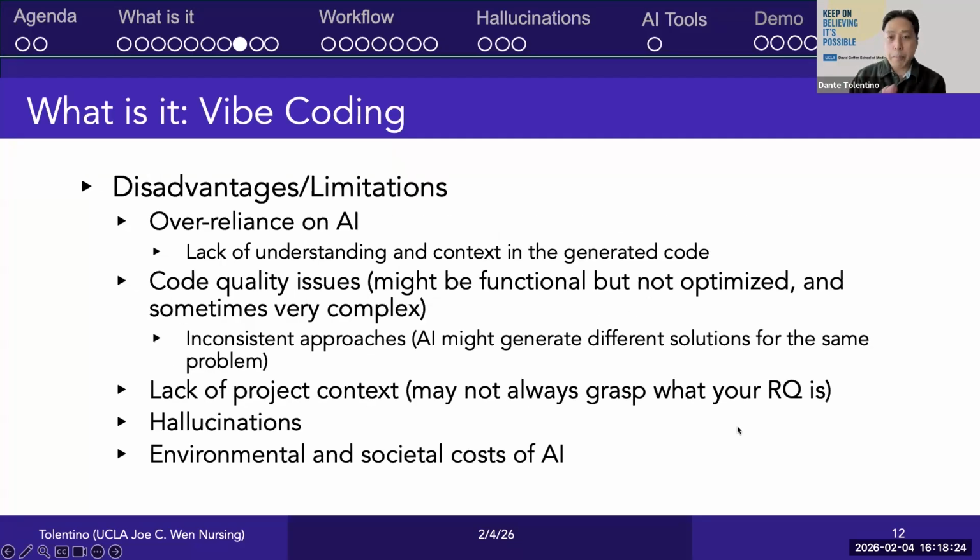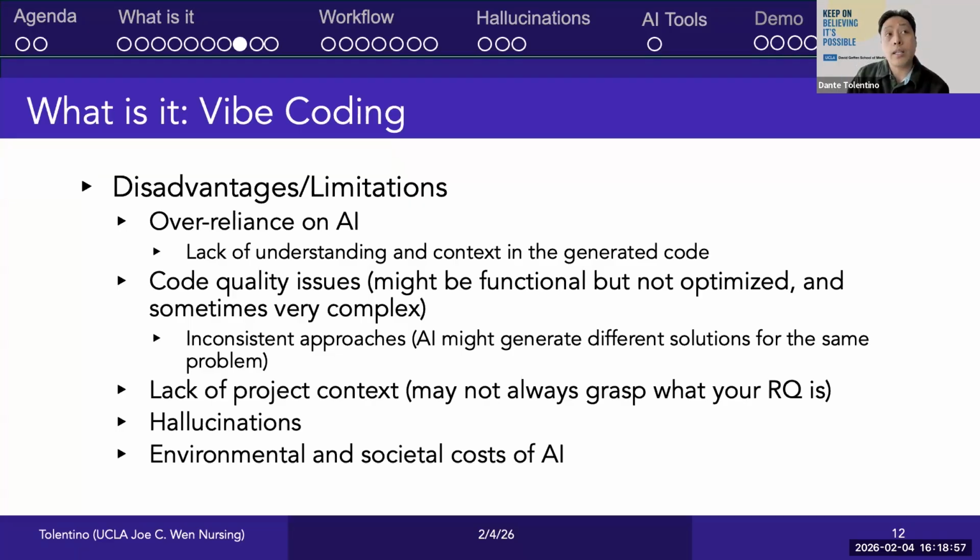And it also allows for rapid coding, which helps with efficiency and speed for your data analysis. But speed is not always good, right? The use of vibe coding with any generative AI has many disadvantages and limitations. I think the fear of many is that we all become over reliant on AI for a lot of the things that we're doing now. When we're coding, we become more reliant on AI, which for some people might lead to a lack of understanding and context in the generated code and overall process of the work that they're doing.